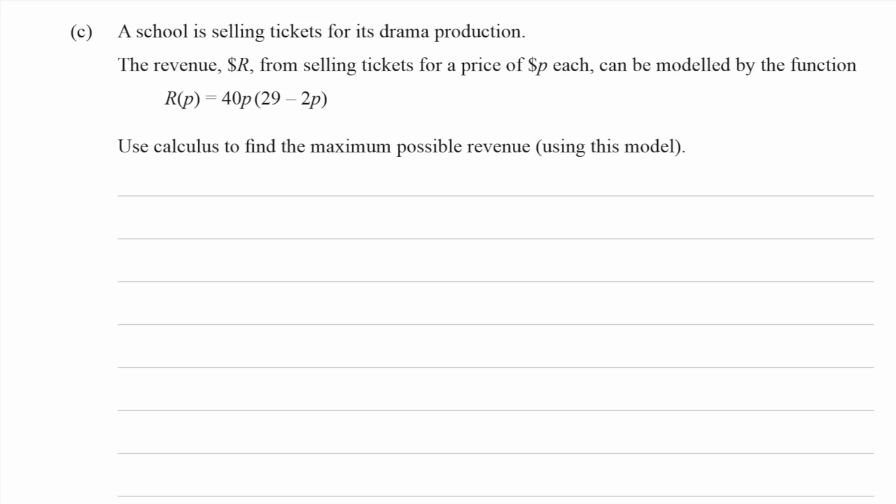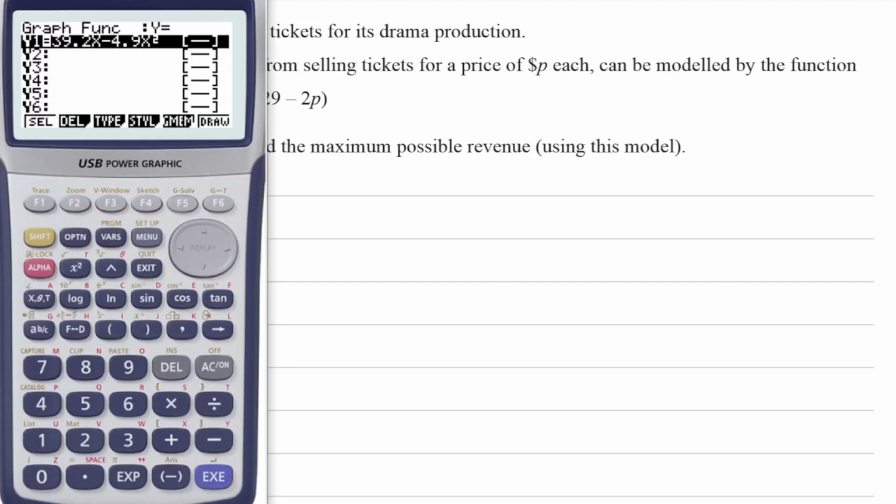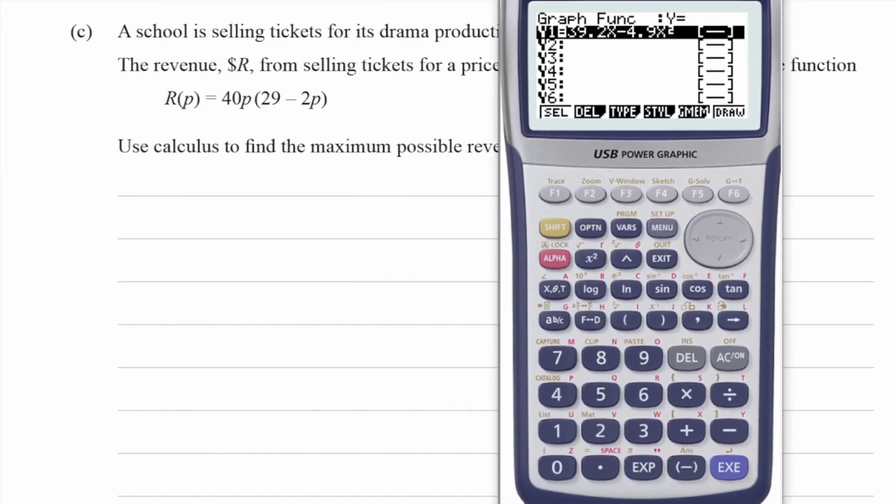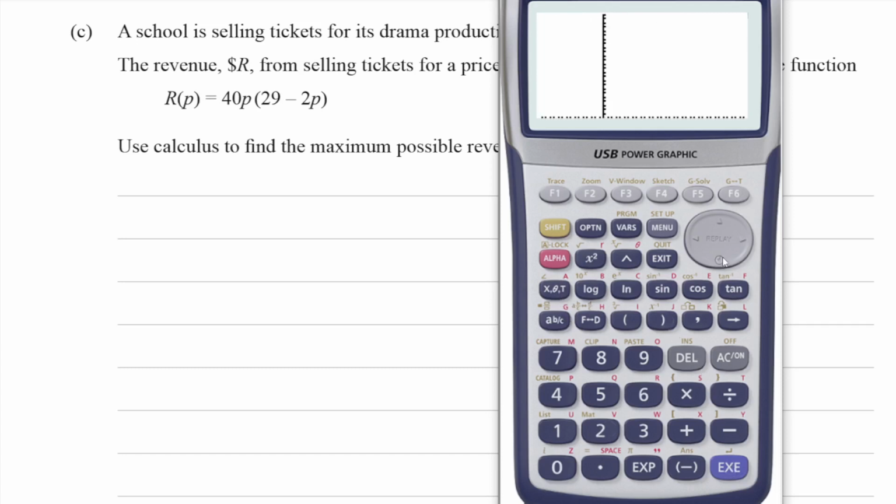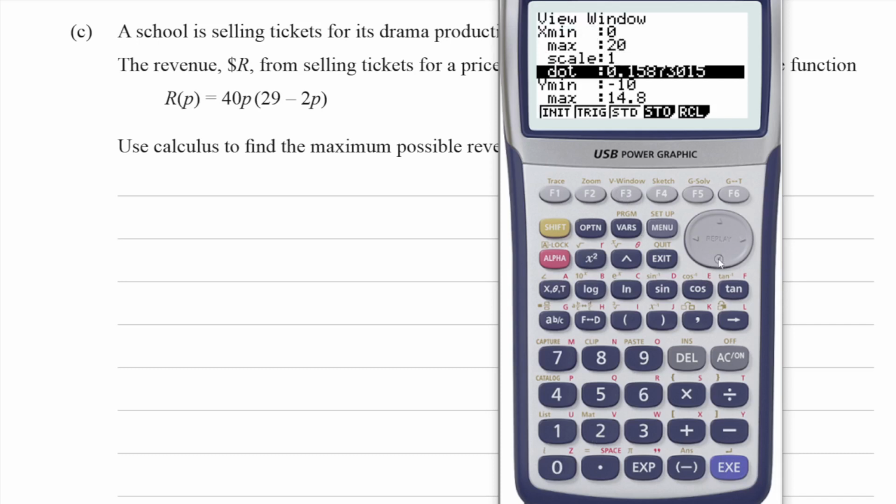All right. First of all, before we even attempt this problem, I'm going to graph it, just so I can visualize the problem and understand it a bit better. So I will graph the right hand side: 40, instead of P I'll just use X, bracket 29 minus 2X, bracket, execute, draw. Now my window is very weird, so let me adjust that. Minimum 0, 20, 0, maximum